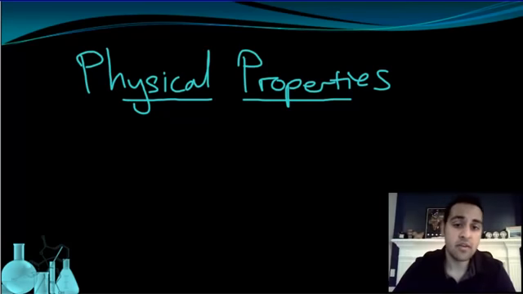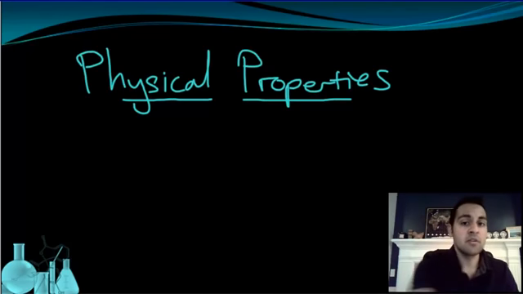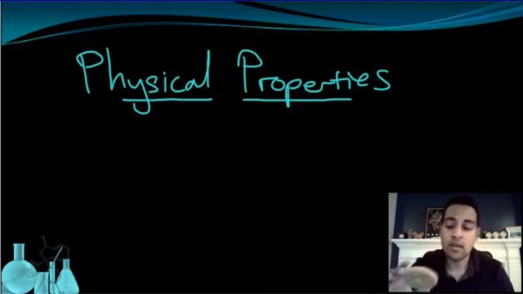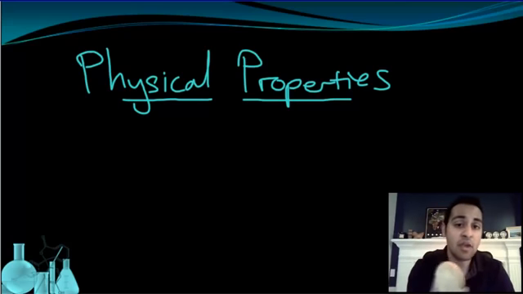Alright, great. Now that you have some of those written down, I want to talk about what happens when we change properties. So I have a cookie here, and this cookie has several physical properties. The shape is a physical property, the size, the volume, how much space it's taking up, how hard it is, how crumbly it is. These are all physical properties. The mass is another physical property.